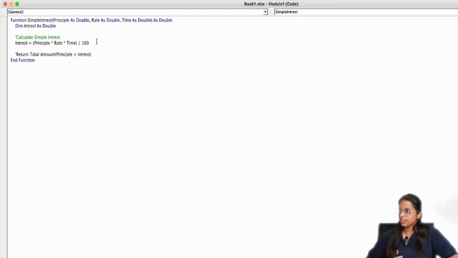Principal plus interest, then we'll write simple interest equals what we want here, principal plus interest, and end function.